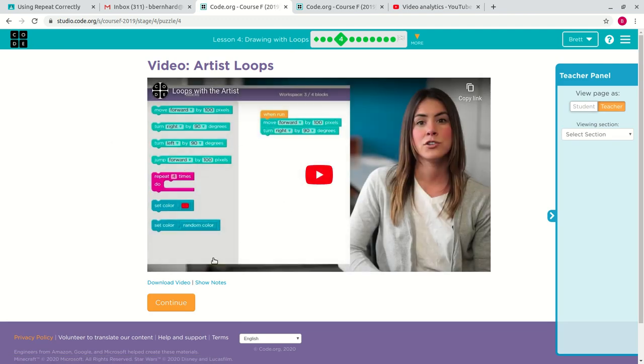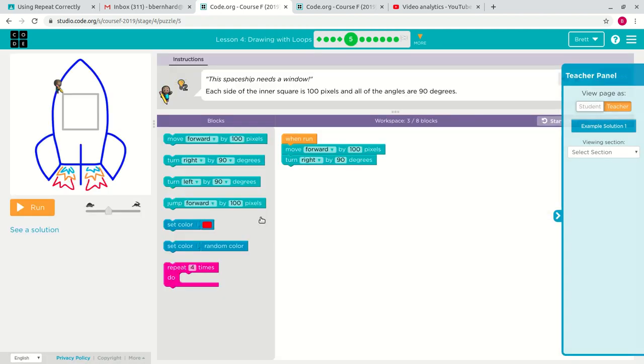Loops with artists, so I'll let you watch the video on your own. We're going to go to lesson 5, where the spaceship needs a window. Each side of the inner square is 100 pixels, and all of the angles are 90 degrees. Okay, so we got that. Move forward 100 pixels, turn right 90 degrees, kind of like what we did before. Except now,